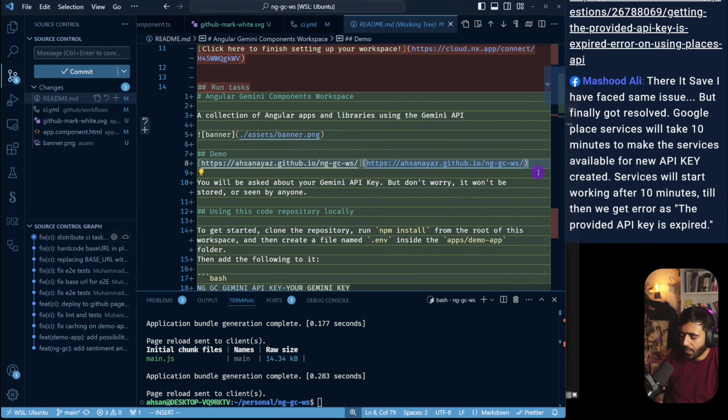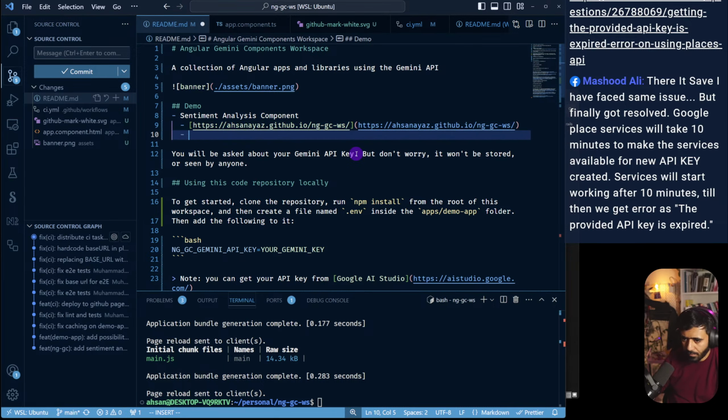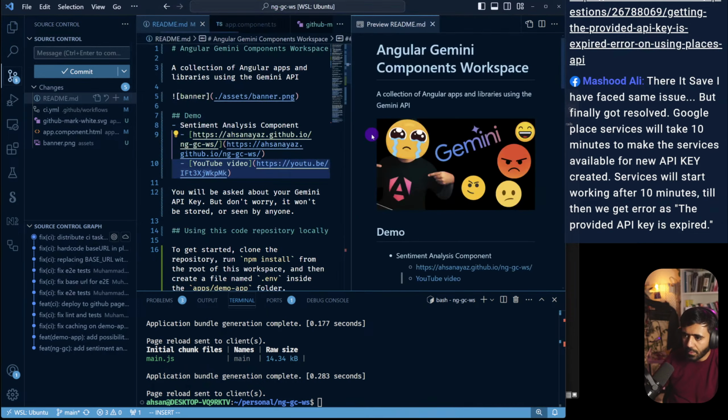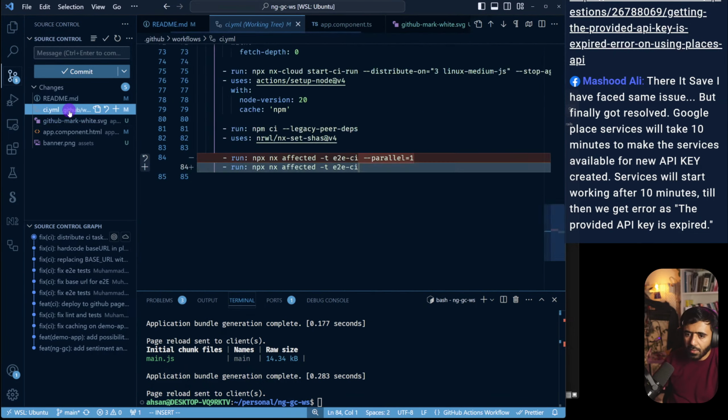Sentiment analysis component, which has, and then here we have YouTube video. And if we open this to the side, yeah, we see the links. Good. So we can now add all of this